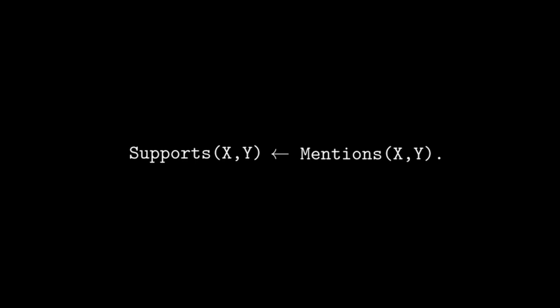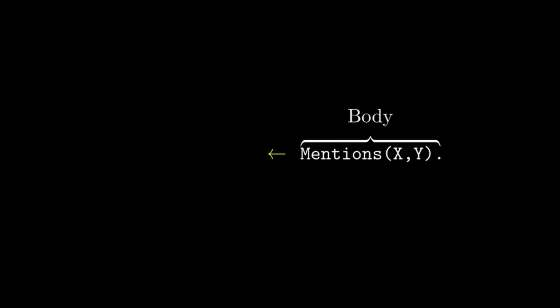Let's begin with syntactic structures. So far, we haven't yet encountered a rule, so here's an example. Read from right to left, this says, if X mentions Y, then X supports Y, with the arrow representing a conditional, that is, if-then statement. We can think of them as little in-out machines. If the right side of the rule, the body, is given, then the left side, called the head, is obtained. We often refer to this idea as a rule firing.